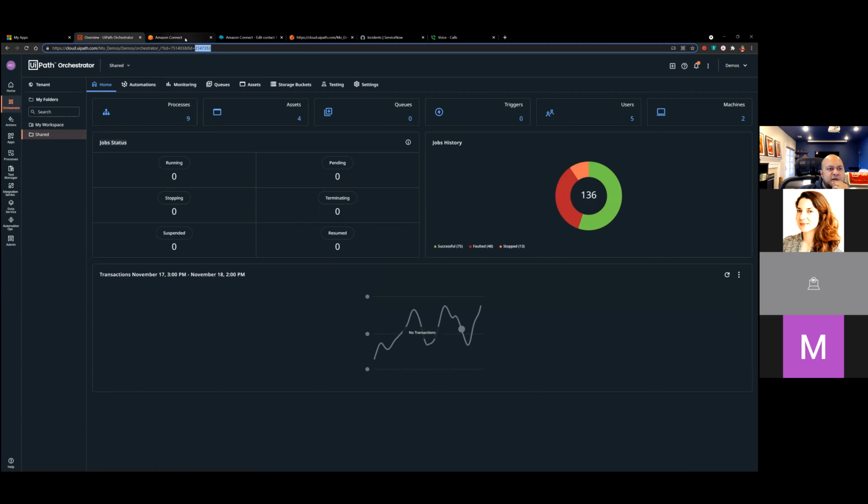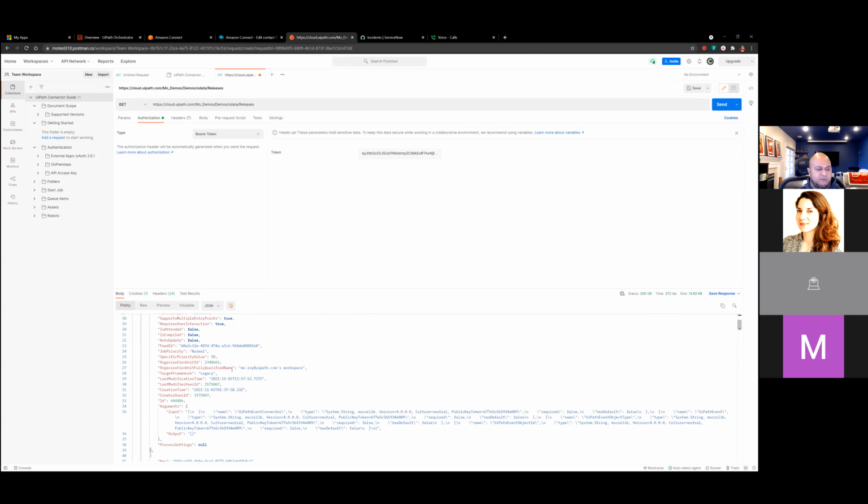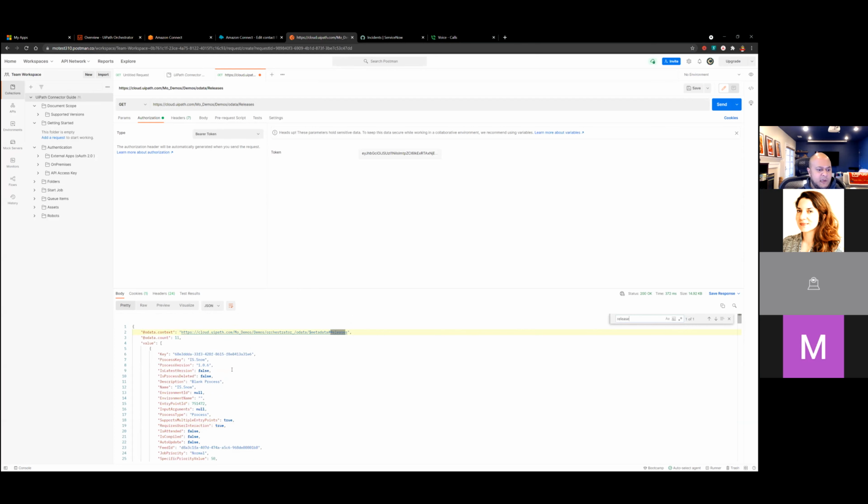And within my Postman call, if I go to releases within my tenant and my cloud.uipath.com Orchestrator instance, I've got all of my different processes here. And so this is one way that I can get the release key. So if I go to one of my processes, and if I go process by process and search for release key, I can get my release key here. There's a couple of different ways, a couple of different calls that I can make to get that. And then